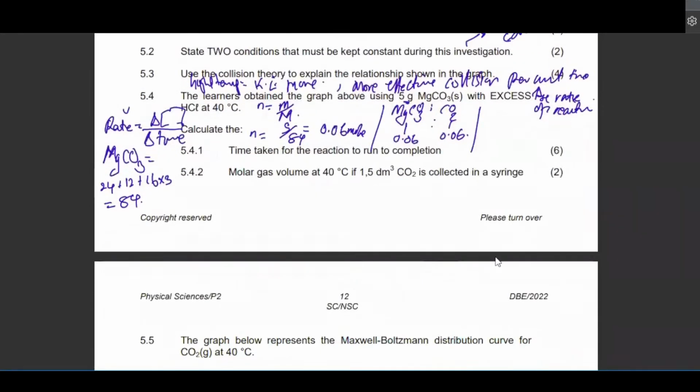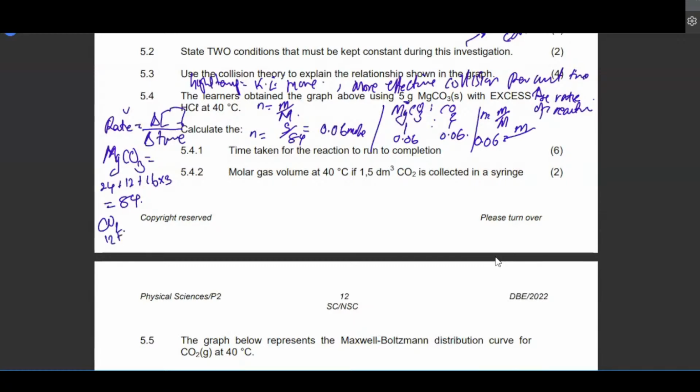I have to change this moles into mass of carbon dioxide. Therefore, I'm going to use the same formula again. The number of moles is equal to mass over molar mass, whereby the number of moles I have for carbon dioxide is 0.06, equal to mass, which I don't know, I'm looking for, and then the molar mass of carbon dioxide